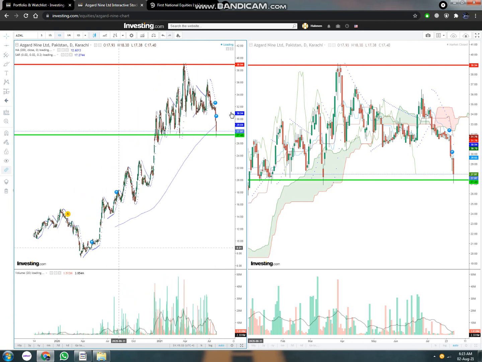But by then you should be in the market, not out of the market. Now you can see this was trading on 27th of March 2020, as COVID impacted the world. It was trading for 7 rupees, 7.55 rupees, and now take a look at it. It reached its highest of